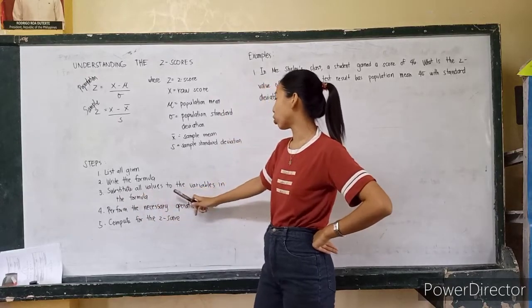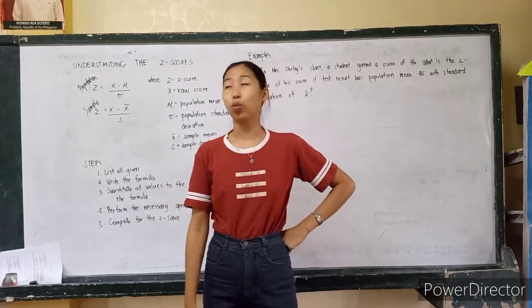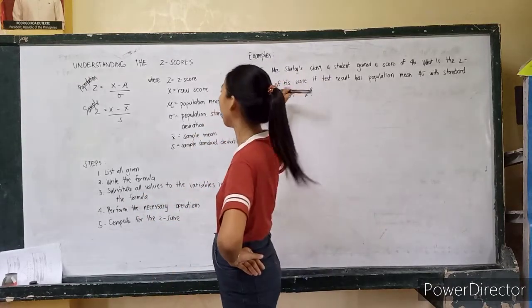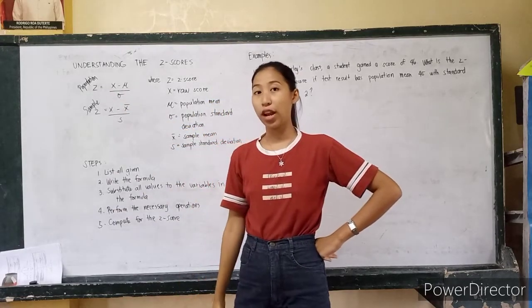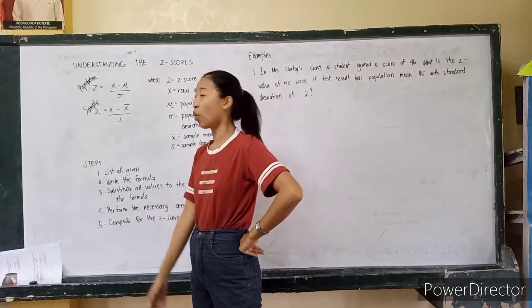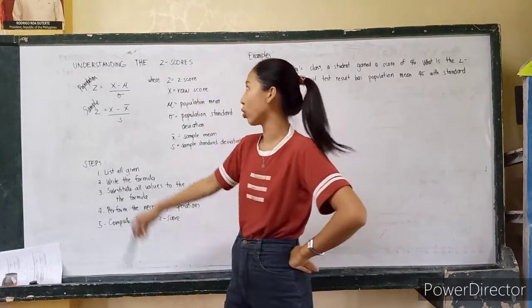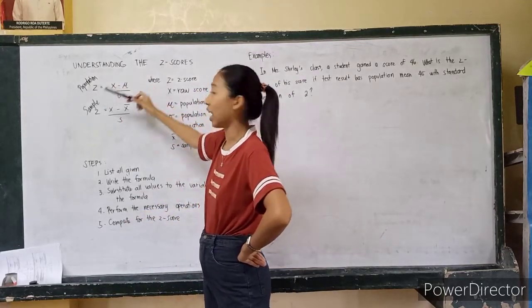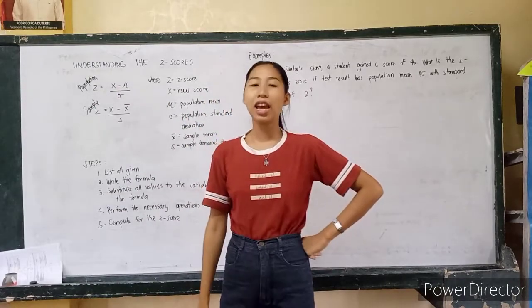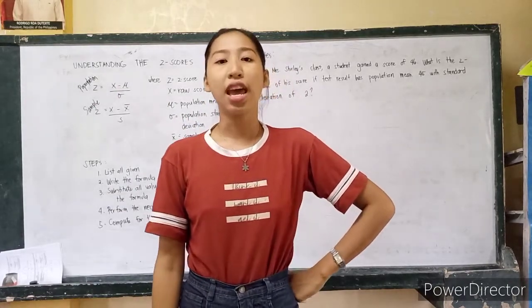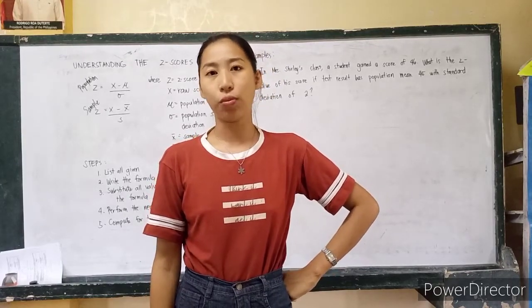Third one, very important, substitute all values to the variables in the formula. So, tanan na imuhang given na values or numbers, i-substitute dapat correctly sa imuhang formula. Next is perform the necessary operations. So, you can see there minus and division. Kailangan nimo na siya buhaton. Then, at the end, of course, we are going to obtain our z-score or z-value. Okay,